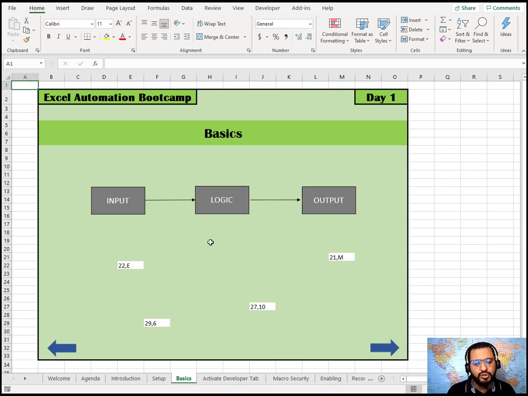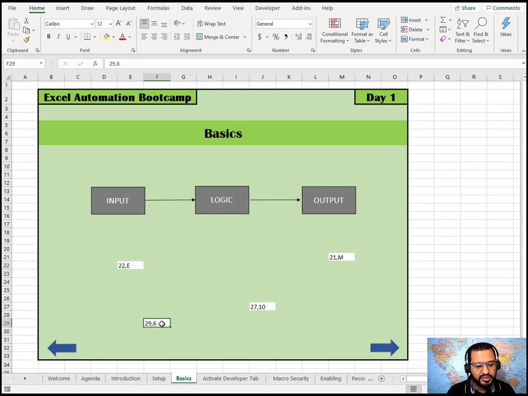Also, I'd like to make you aware of the basic terminology of the cells in Excel. For example, I click on this cell. This is on row 22. So these are the rows: 1, 2, 3, and this is the 22nd row. Similarly A, B, C, D, E, F, G, H are the columns. So I'm on the 22nd row and the fifth column. Either we could write it 22 comma E or 22 comma 5.